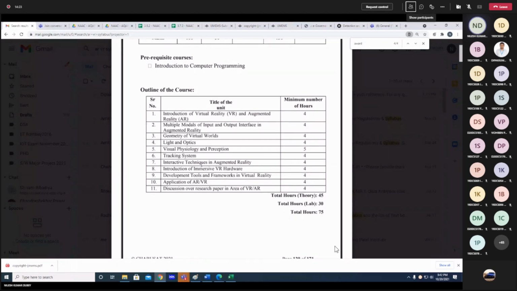Those who are only going to opt for the elective subjects just for clearing the exam, this is not the subject for those students, because you will not get any past experience. You will not get any previous year question papers. Nothing will be available. This is going to be introduced for the first time, and second thing, it is the latest trend in IT.